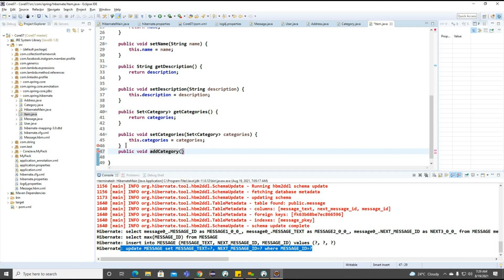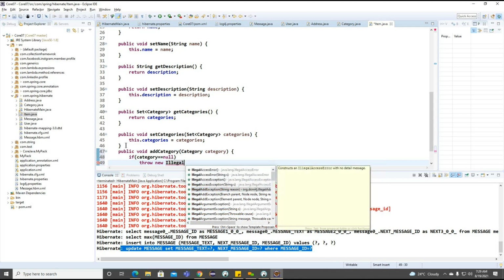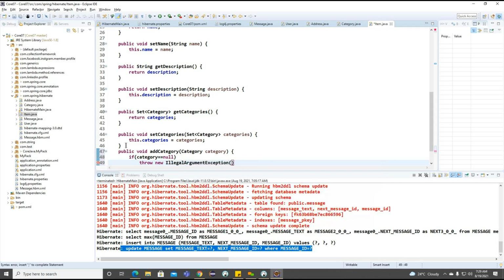Now you can see this particular add category is expecting a category object, and if this particular category is null here, now what we can do, again we can throw an exception here. Illegal argument exception, null category.